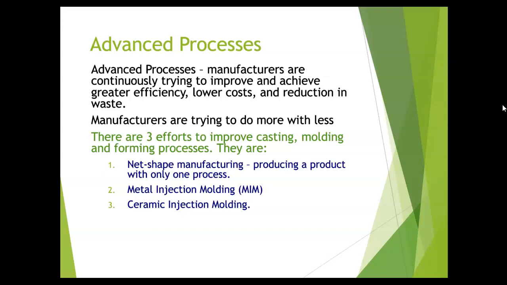And as we sit here and talk about net shape manufacturing, a couple of other terms pop up. One's called metal injection molding, and the other is called ceramic injection molding. If you think about a lot of your inserts that are made in the cutting tool industry now, as far as how we use inserts as opposed to high speed steel, a lot of these types of inserts are made either through metal injection molding or ceramic injection molding, where basically you get the part finished in just one process